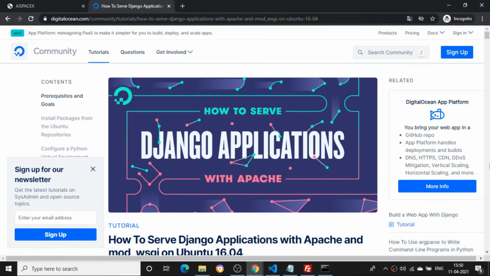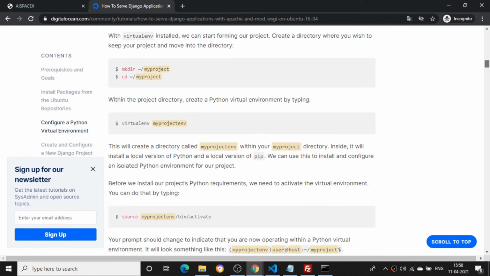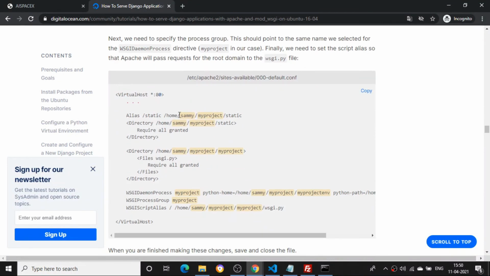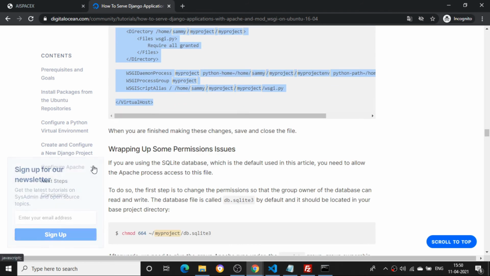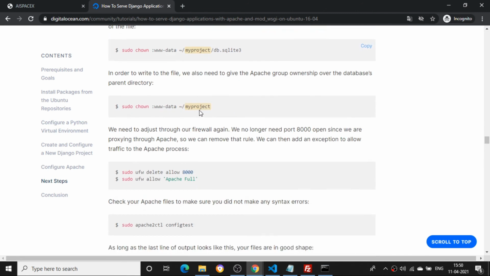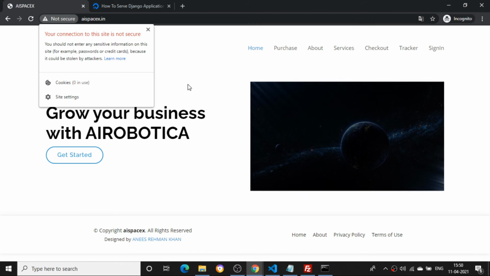Once again, you can see all the things they have said here: installing packages, how to do Python 3, all of it. I have used the same logic, but I have explained all the stuff to you, how to connect with the single folders, how to run the commands. Some of the things they have missed, I have covered for you. Along with that, I have shown you how to connect the AI SpaceX website with our IP address.